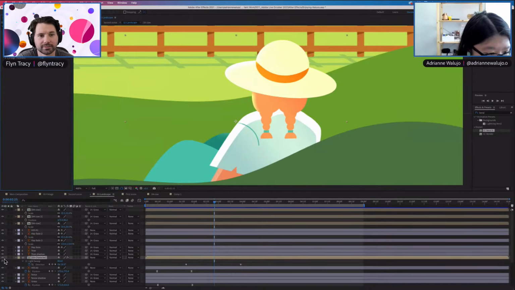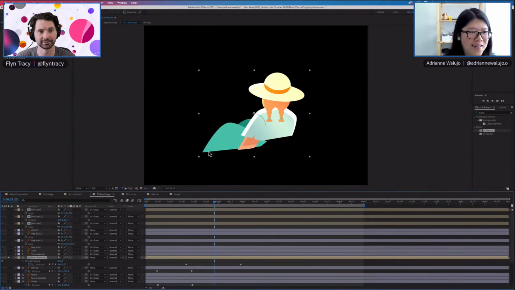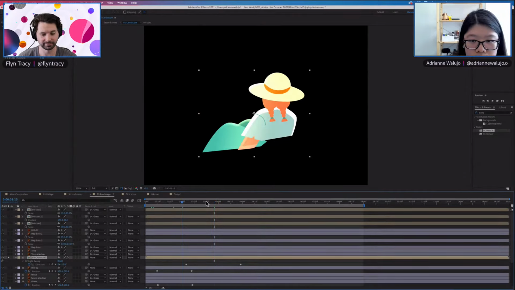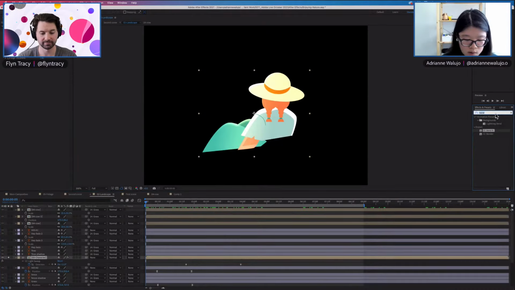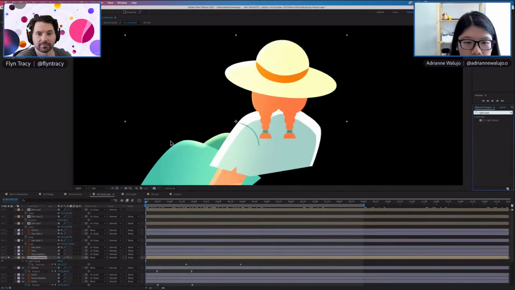If I isolate this character, like we're all isolating at home right now, and move it, there's some light movement that you can apply to the character. All I did was go to Effects and Presets, go to Light Sweep, and then, similar to Bandit, bring it to the item that you want to have the light sweep on, so it will only affect the character. And I really like how it follows the shape of the element here.